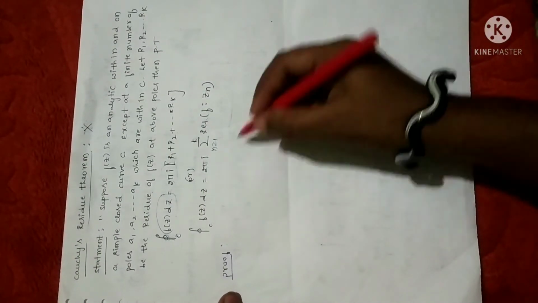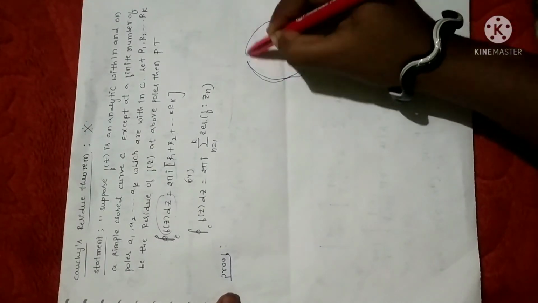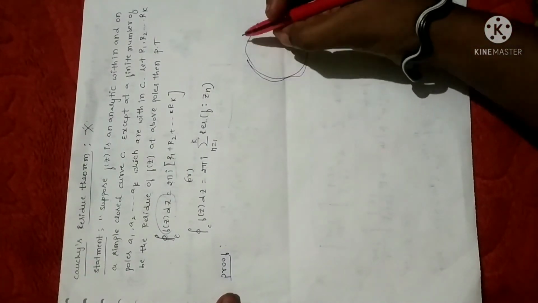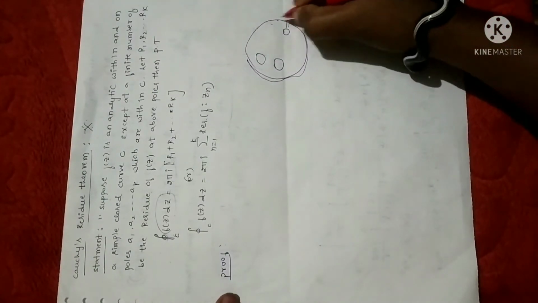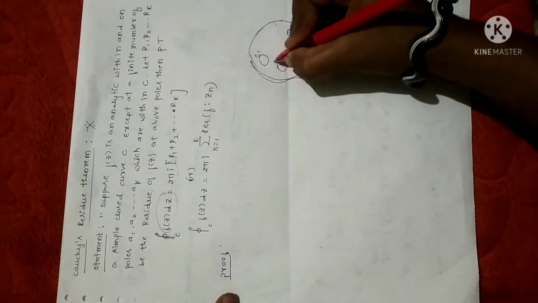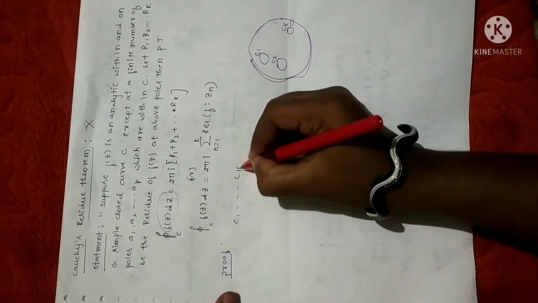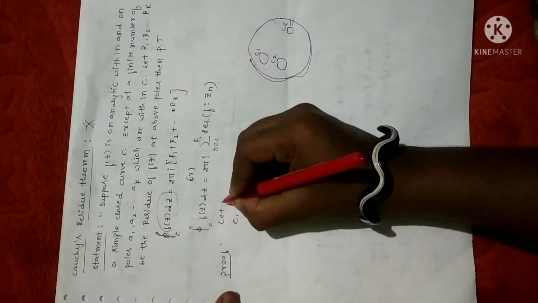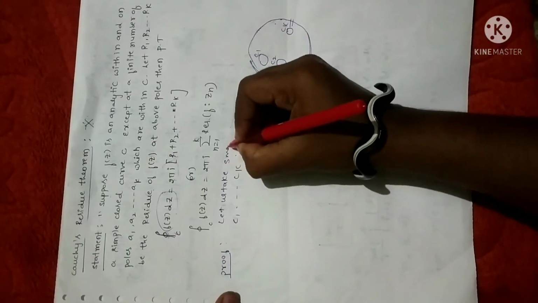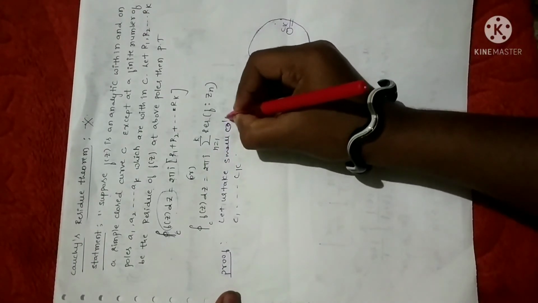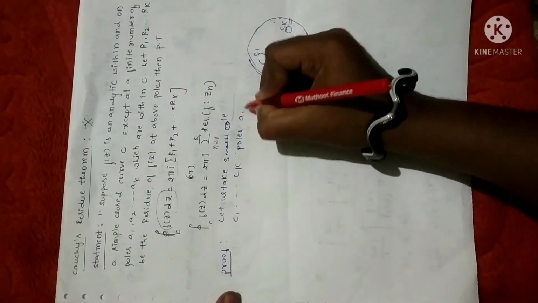Fine. Now let us consider a small circle or a circular region around the poles. Let us consider this as a pole. So I am going to consider circular regions around the poles. Let those be C1 to Ck. All the statements I'm not going to write here. Anyhow, you just copy it from the notes. Let us take small circles C1 to Ck around the poles, and let the poles be A1 to Ak.